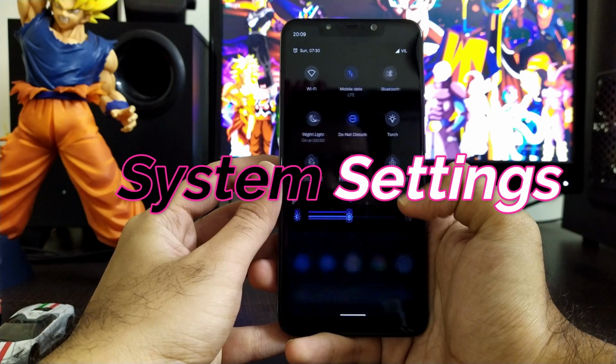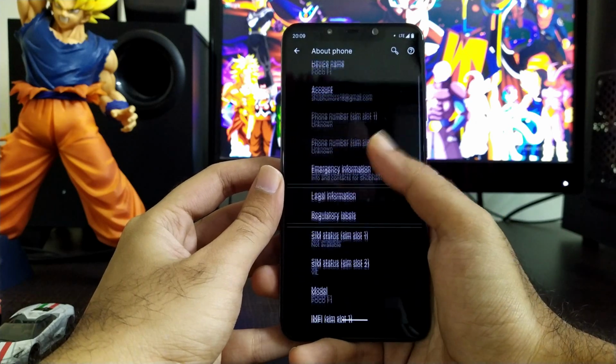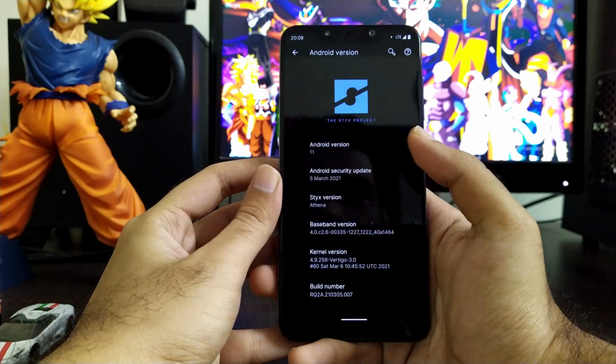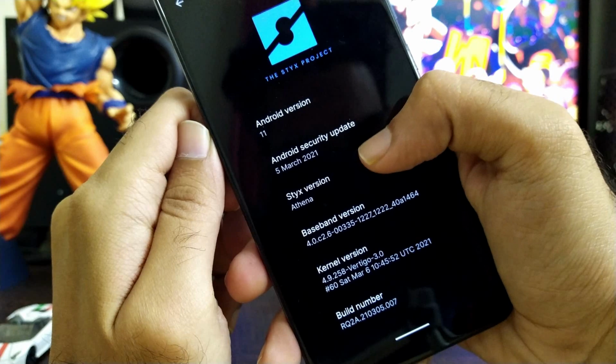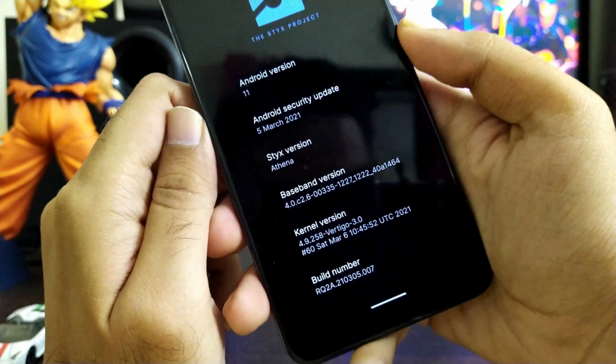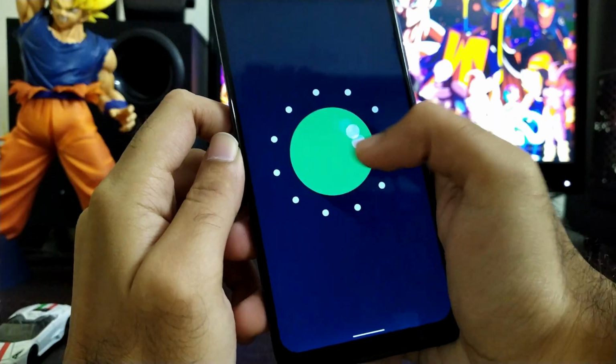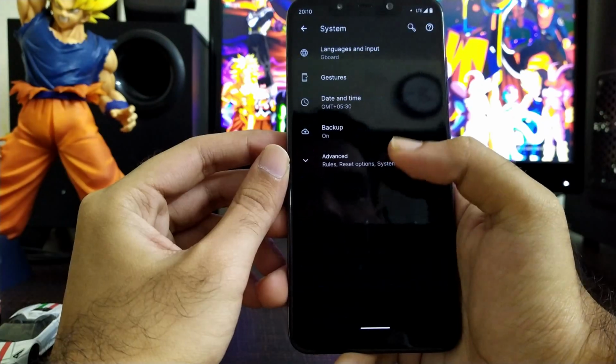So let's move toward the system settings. Inside the system settings, as you can see, we are running the latest Android 11 version of this Stix OS. This ROM is powered by the Vertigo kernel, which is also kind of new in the market itself. The ROM is pretty smooth, and as you can see, there is an Android 11 Easter egg inside.